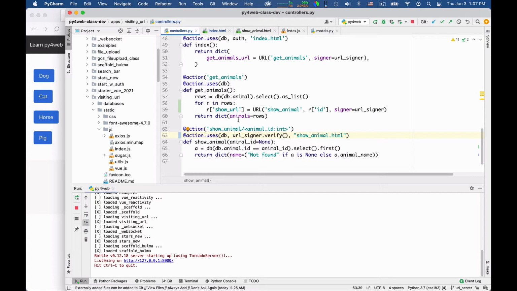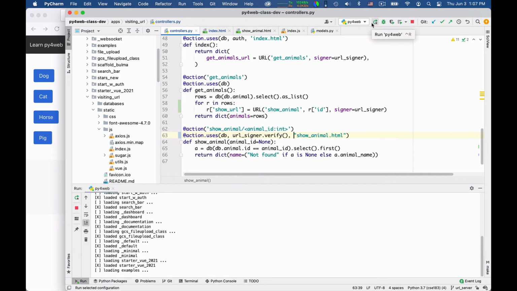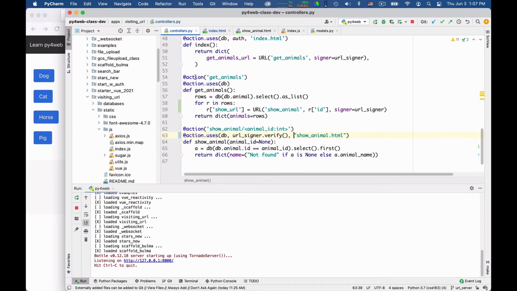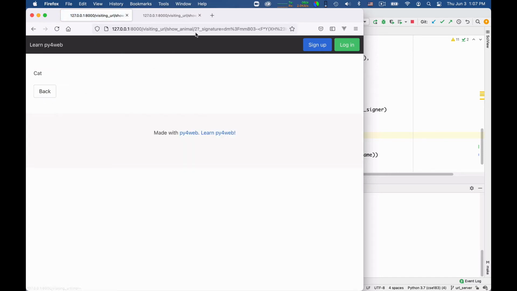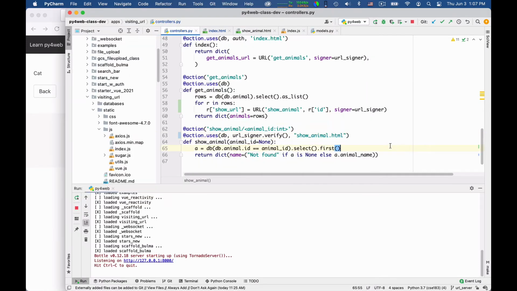Okay, and this will also work. I need to reload, obviously. Okay, and when I reload the page, now this URL to see the cat is signed. It has a long signature, and when I visit, you see there is a signature. The signature is accepted. So if you need signed URLs, the URLs can only be signed on the server, and so the easiest solution is to produce them on the server and pass them to the client along your list of products.